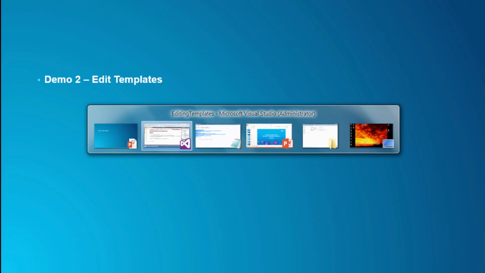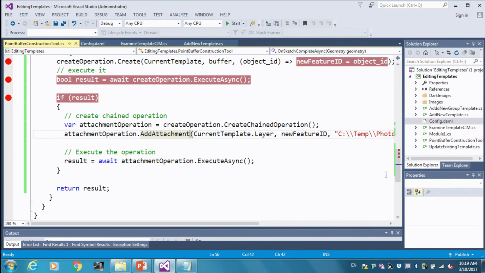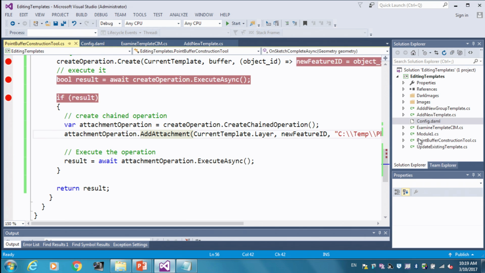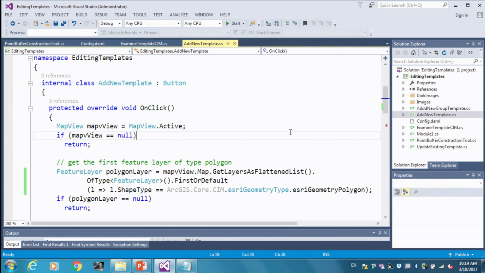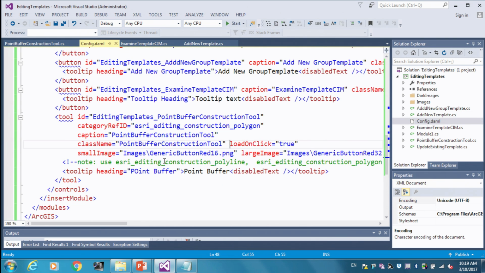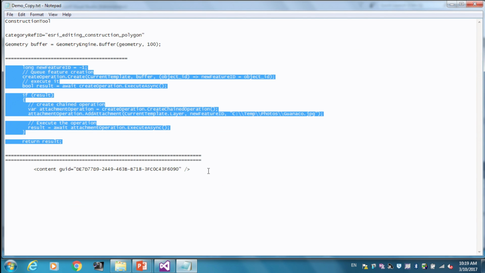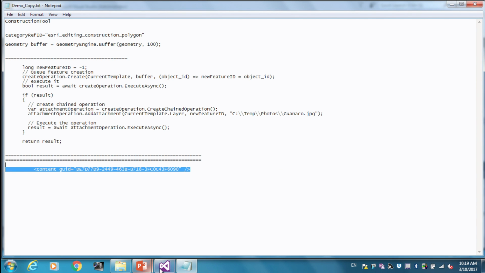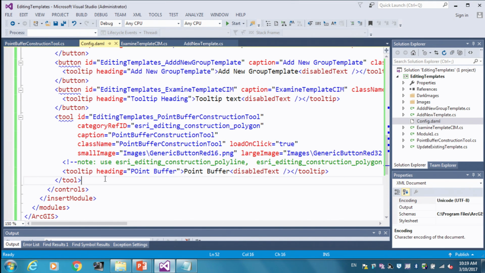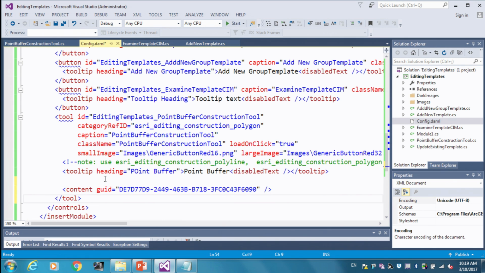So if we run back into Visual Studio, I am going to go to a button that I have, which is Add New Template. I want to make the construction tool that I just created, the point buffer construction tool, the default tool on this particular new template. So the first thing I want to do is go back into my demo file, give myself a GUID on my tool,